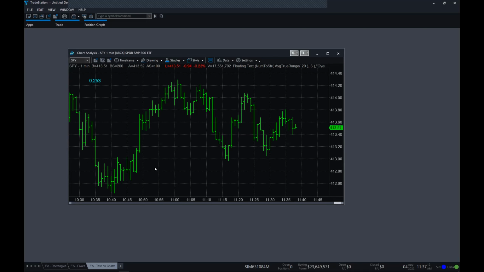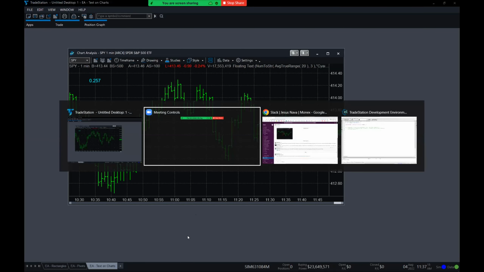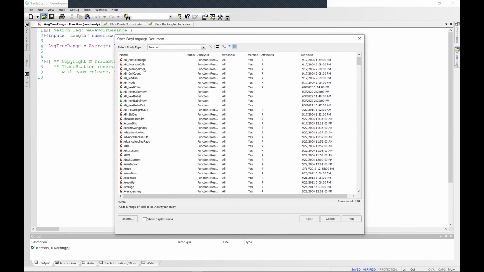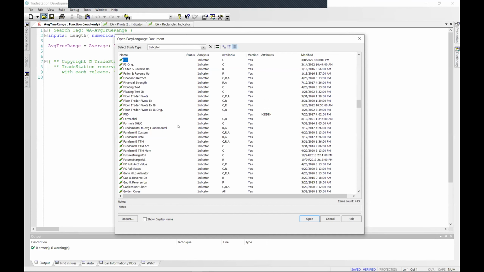Yes, and we can take a quick look at the EasyLanguage code. The EasyLanguage code's a little bit complicated for this indicator, primarily because we wanted, well, I'll show it to you.